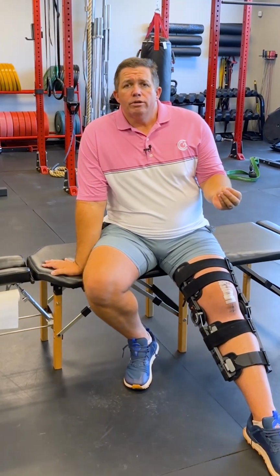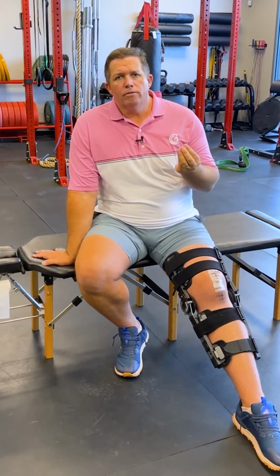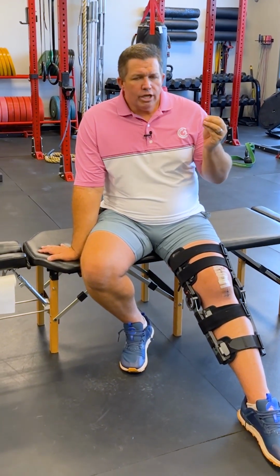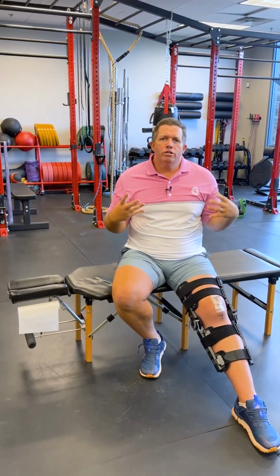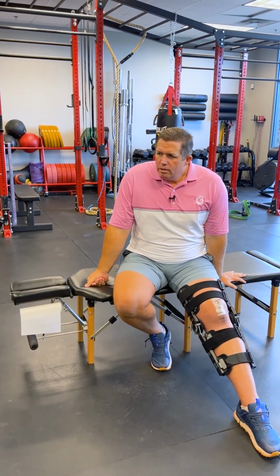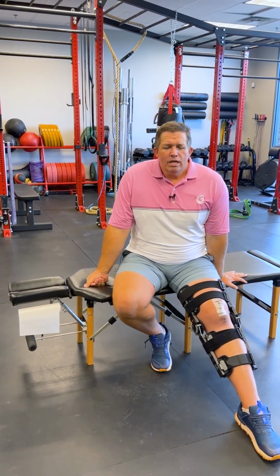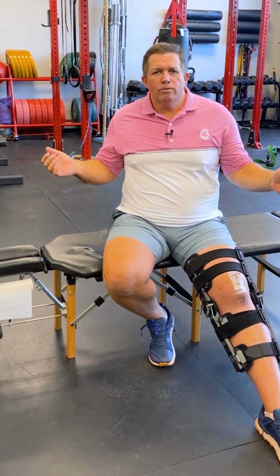You could also increase your profit by using your space for workshops. If there is a perfect demographic you want to go out and find, educate about it, and it magically will attract those people. So in my experience in our gym, we've hosted many workshops for golfers. Golfers want to hit the ball further. They don't want to have back pain when they golf. I've treated thousands of golfers. So if I provide education on how to hit the ball further and how to have less pain with golf,